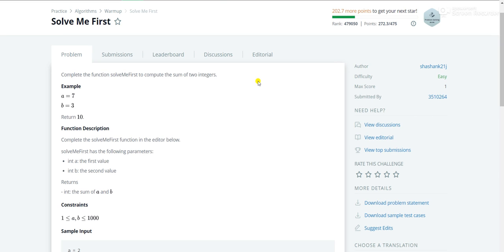We discuss a very basic problem of HackerRank. It is under the algorithm section, and it is named Solve Me First. It is a very basic algorithm problem. Here we are given the problem statement: complete the function solveMeFirst to compute the sum of the